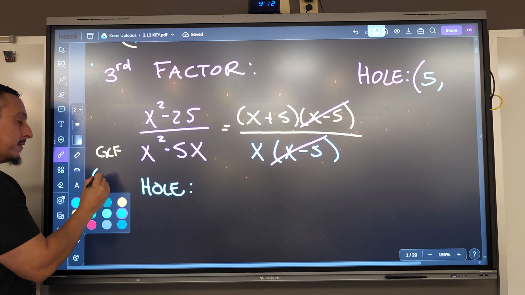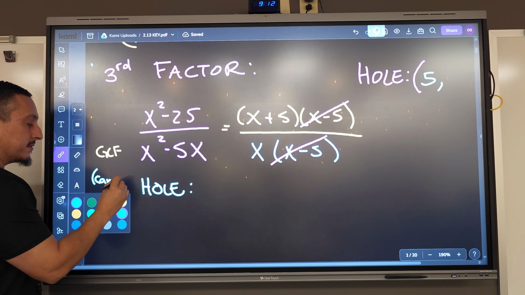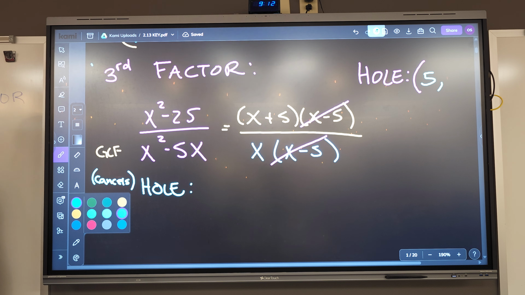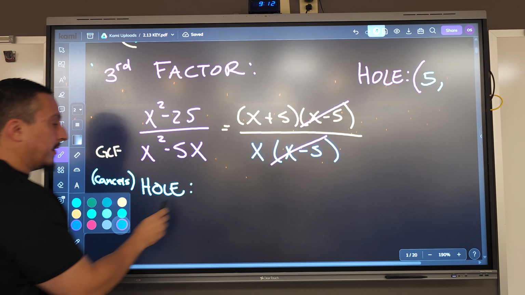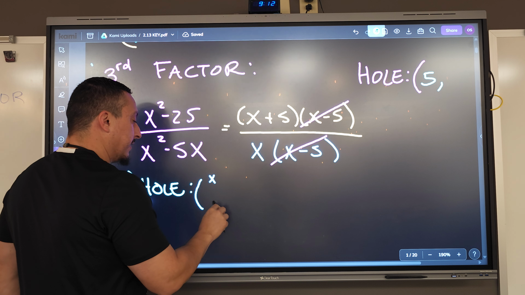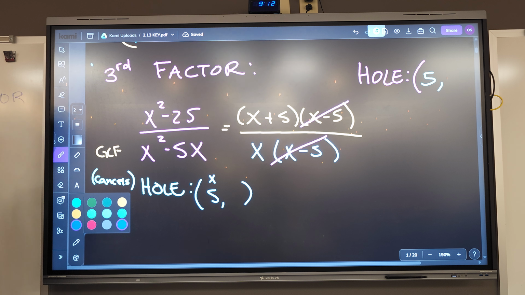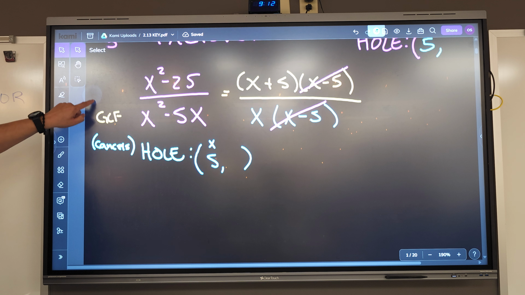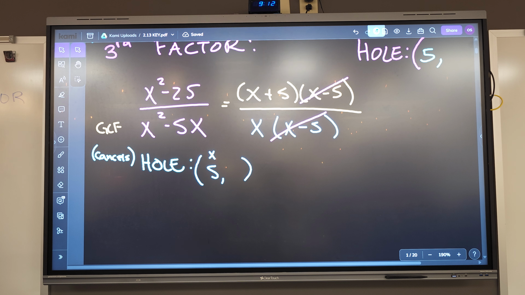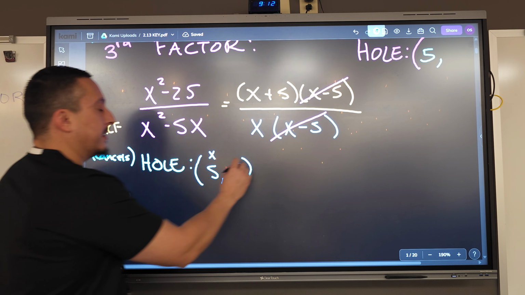Remember, the hole is important. The hole comes from what cancels. That's the important part. The hole comes from what cancels. So I know my x is 5, but I need the y. Make sure you stop me, guys, if something doesn't make sense. Everybody good so far? Okay, you have to plug the x